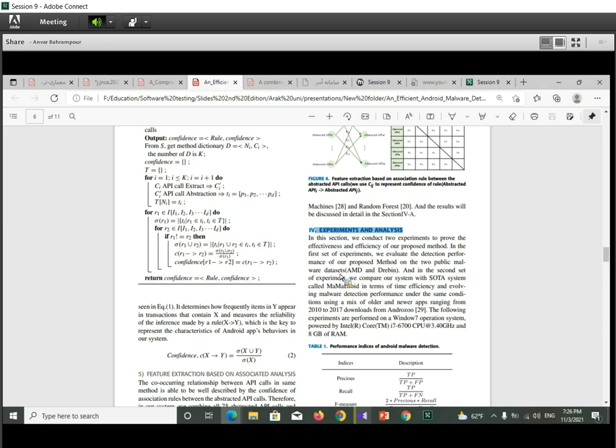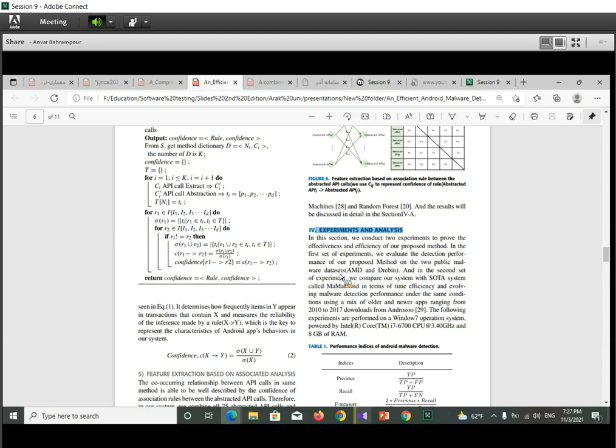Also the research questions, which summarize the main achievements of each research paper, are the most important part of the evaluation section. Okay.